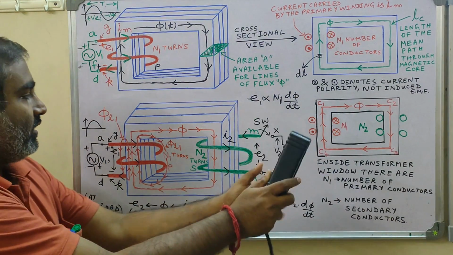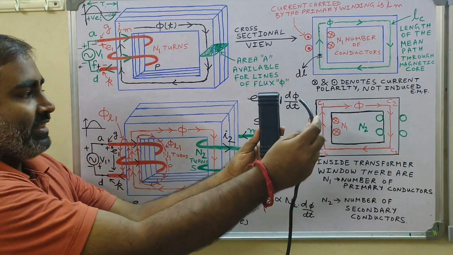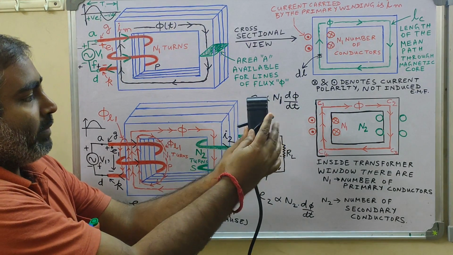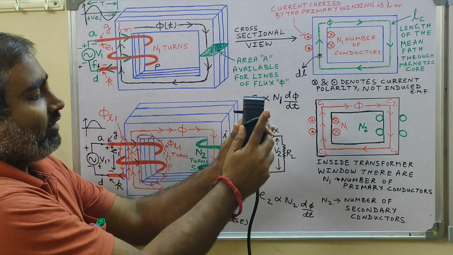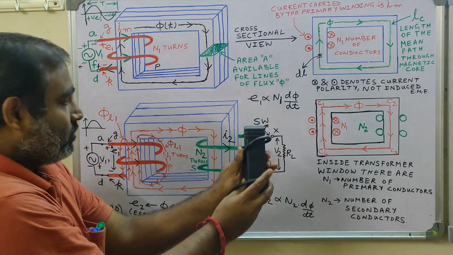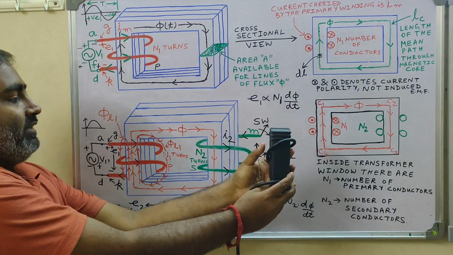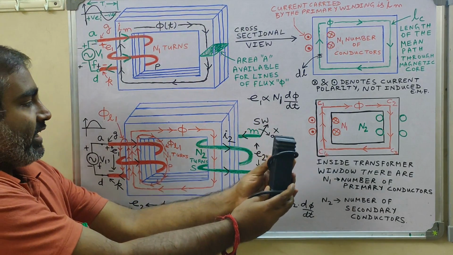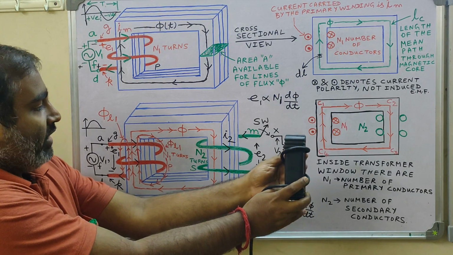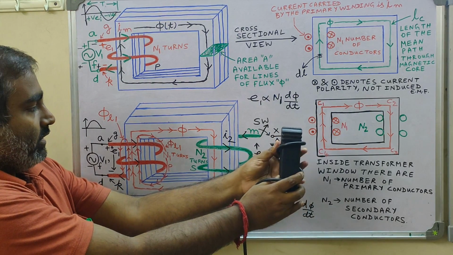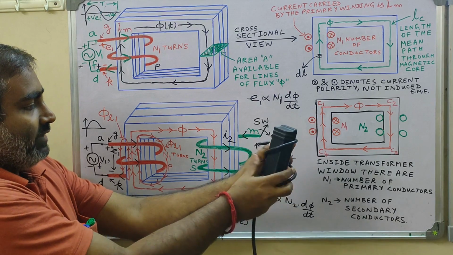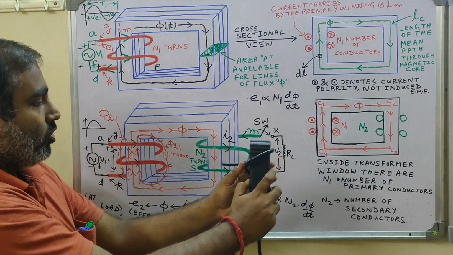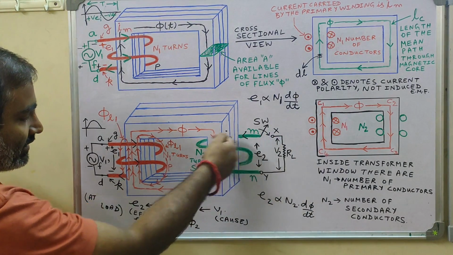You can view it here. This is the limb and this is the secondary coil. So where is the secondary coil starting from? The secondary coil is starting from behind the limb, isn't it? So you can just compare it. If this is the limb of the transformer around which the secondary coil is wound, then the secondary coil is starting from a point which is behind the limb, like this. So you will find that the current direction is this.